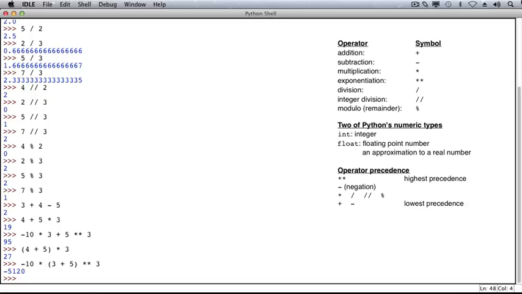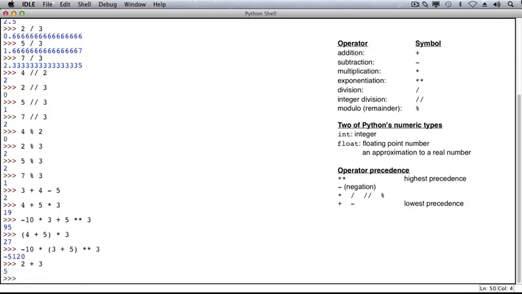Up to this point, every instruction that we gave to Python yielded a result. For example, when we asked Python to evaluate the expression 2 plus 3, it gave us the result 5. That's because the expression 2 plus 3 follows the syntax of the Python language. Syntax is the rules that specify which combinations of symbols are legal, and 2 plus 3 is a valid expression